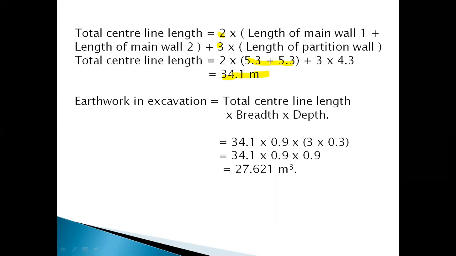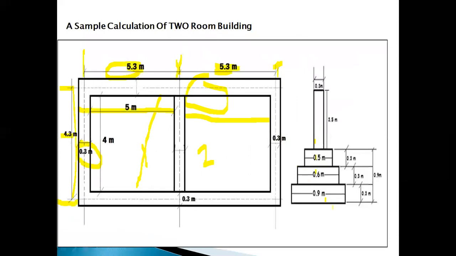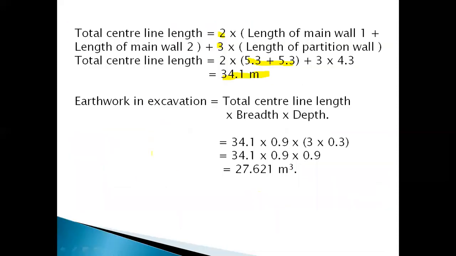So here we calculated every construction item: first of all earthwork, CC bed and footings, and after that plinth area and next the superstructure of the building. So first we calculated from the cross section. One is the CC bed, and next the first footing, plinth area, superstructure. This is the ground level, before the cutting, the excavation for the construction. So first of all, earthwork in excavation.